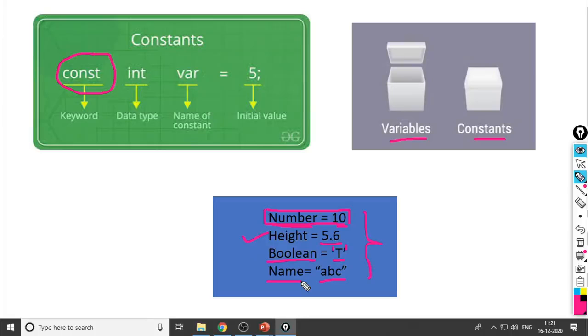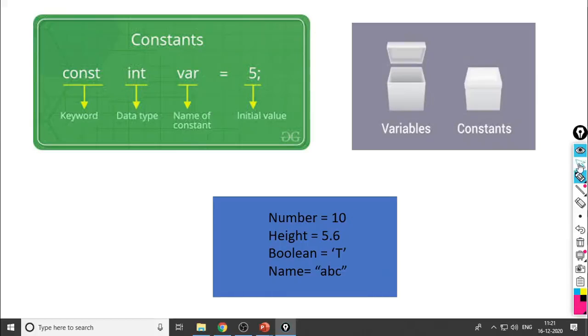ABC. So these are the four examples. We can use these four types of data in our examples. So revise this one. In the first example, we stored a character, here we stored an integer value to a variable, here we stored a fractional value to the variable, here we stored a single character to the variable, and here we stored a string to the variable. So we are going to use these four concepts in our program.